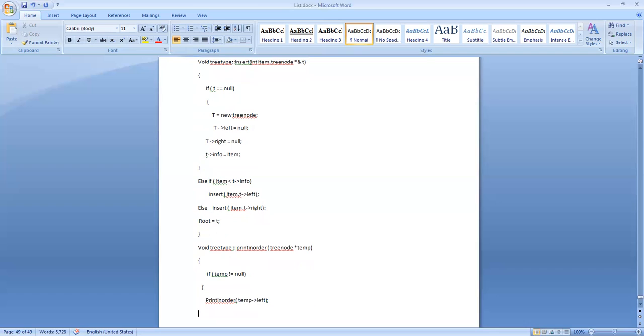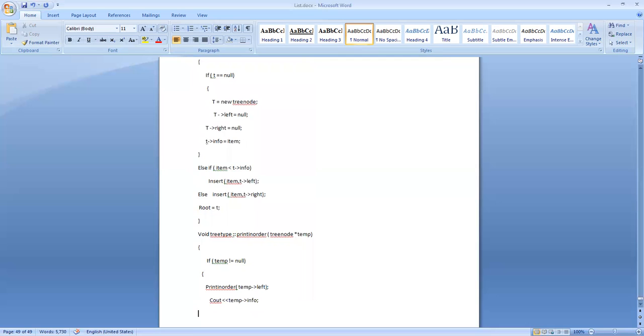Chances are that the left child might be a parent itself. If that is so, the function is called again to go further to the left side. Like this, it will keep on going until that particular parent doesn't have any left child. Then we have to write the parent: cout temp reference info.